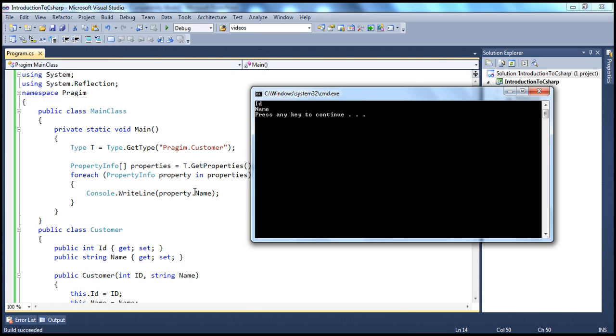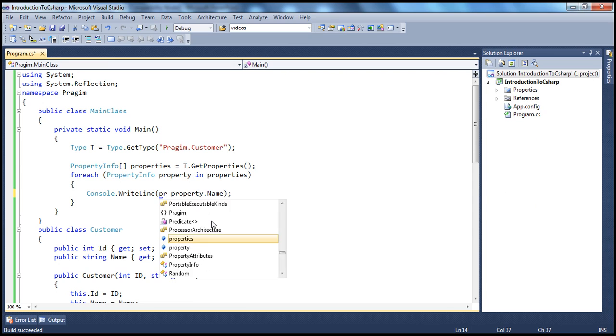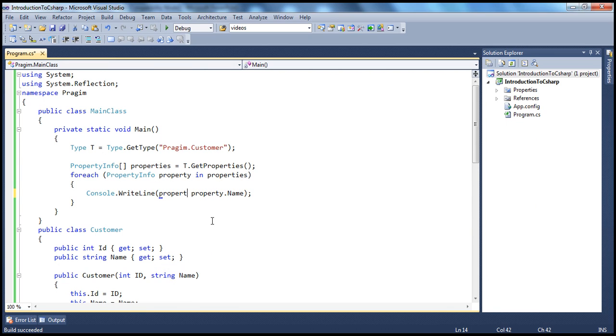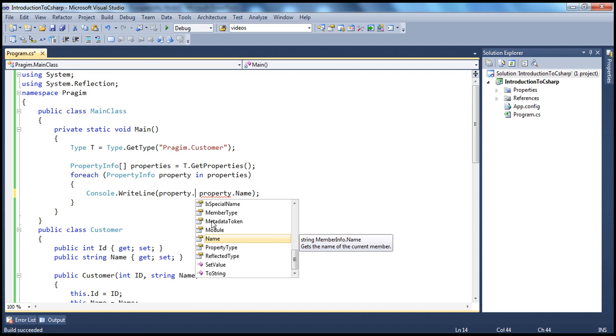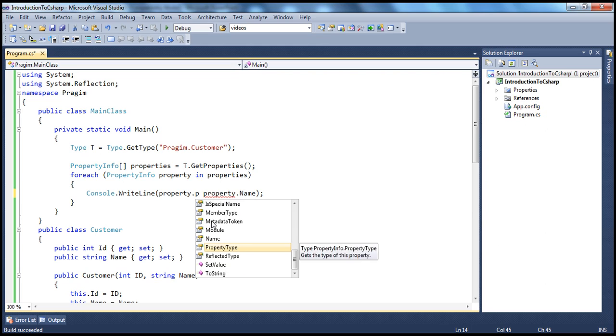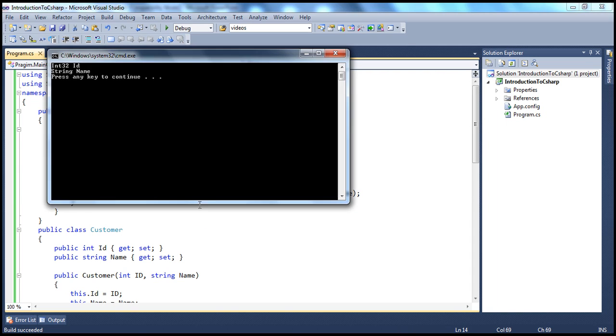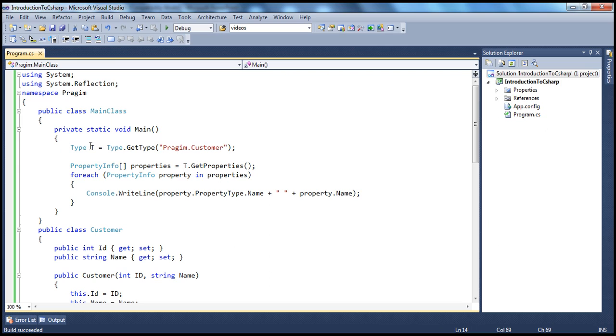And if you want the return type of that property as well, the type of the property, you can do that as well. And how do we do that? So property.PropertyType.Name, and then maybe give a space and then the name of the property. So if we run that, for ID it is Int32 and Name is String. Okay, and similarly, once we got the type, which is nothing but our Customer class,